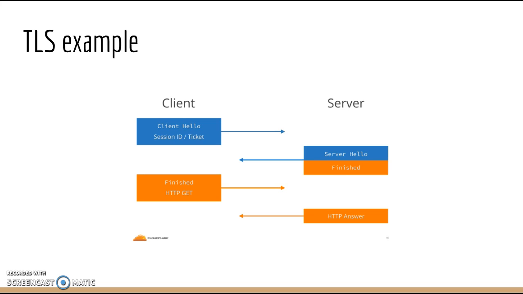And after that initial client message, the server is able to send a finished message, which means that the session ID and ticket was accepted by the server. And after that finished message is sent and the server hello is sent, the client can verify that, authenticate, and all that. There's a lot more that goes into it than what I'm explaining here, but essentially, this is just a visual example of what might happen with a TLS